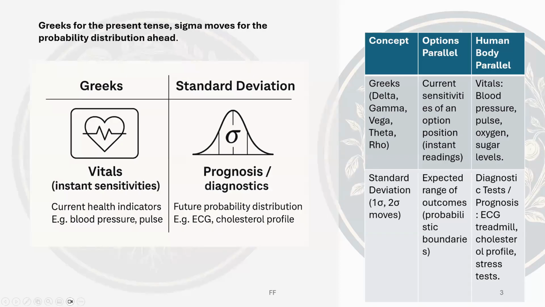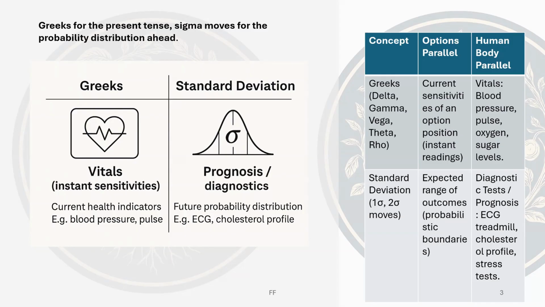How to view the significance of Greeks and look at probability distribution function? Let us look at it through a lateral analogy. Greeks like delta, gamma, vega, theta, and rho, as we discussed in the beginning, are like blood pressure, pulse, oxygen level, say just-in-time sugar levels. They are instant readings of how the body, or in this case, the options position, responds at this point in